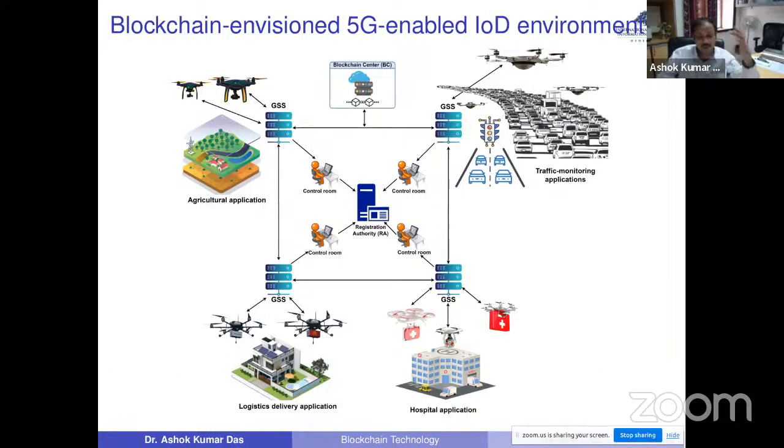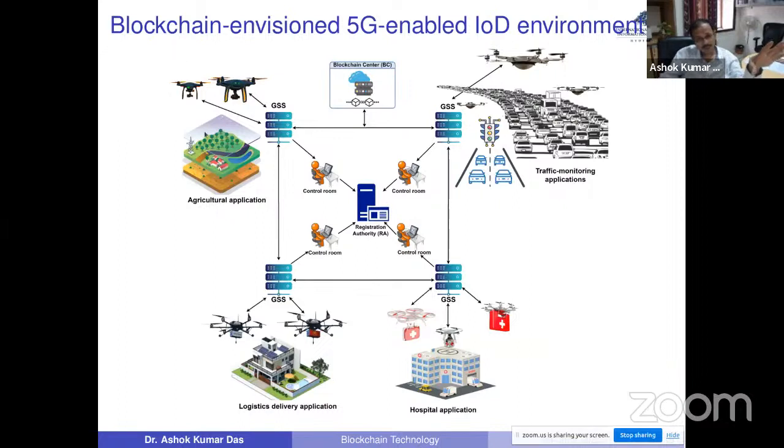This is the typical architecture that we have used in our schemes. Suppose there is a registration authority, a trusted party whose task is to register the control servers one time, and each control server is in charge of ground station servers and all the deployed zones. For example, take precision agriculture applications, where a field can be divided into several zones.